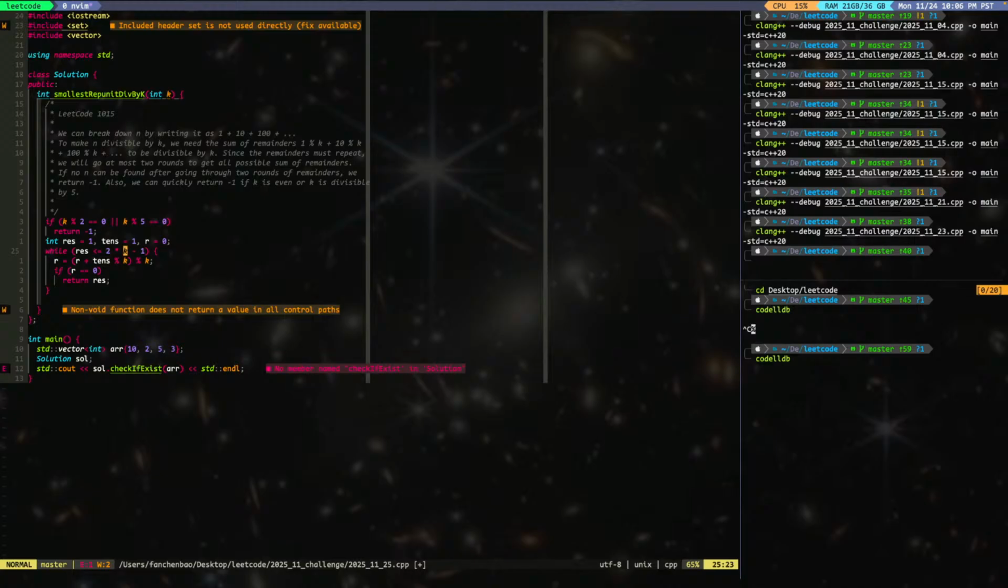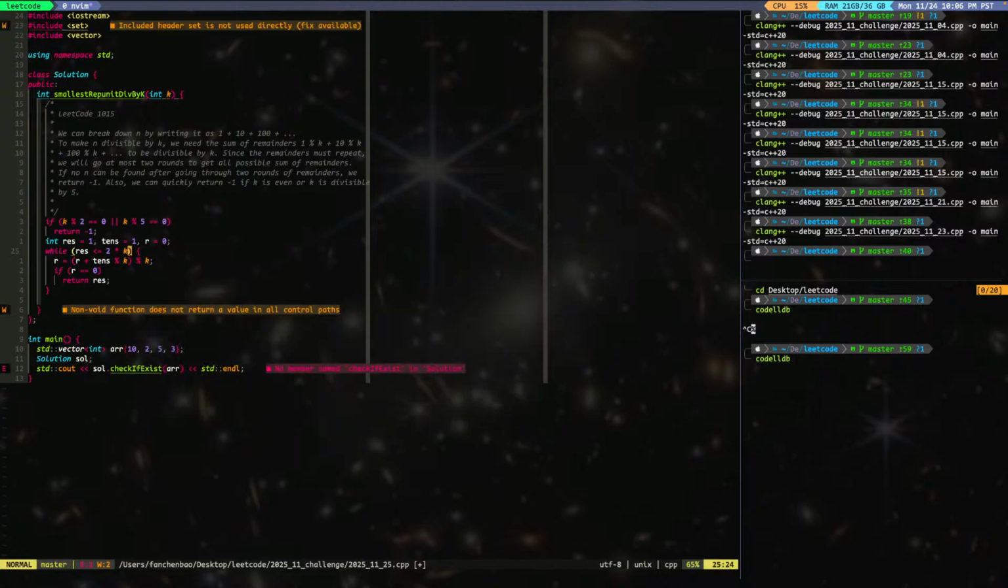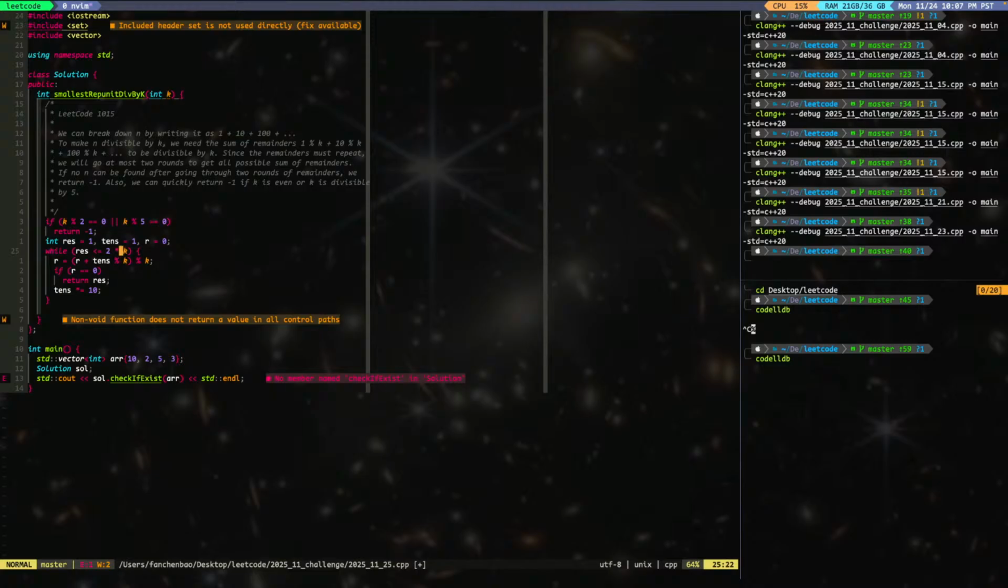And 1 and 2. So it's 6. It is 6. Okay, 6. It's 2 times k. Okay, 2 times k. Let's just go through 2 times k, and then we will just update the remainder. And if not, tens multiply equal to 10. We just get big, because k is at most